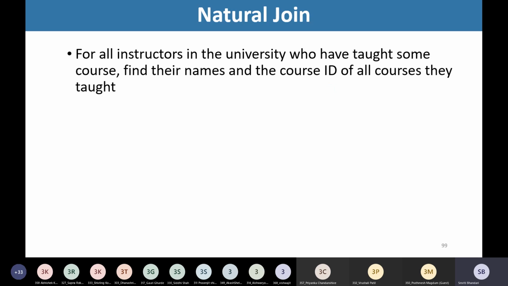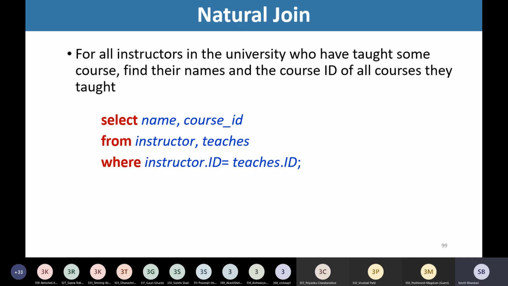We have written this query earlier. We wrote it like: select name, course ID from instructor, teachers, because the instructor name is available in the instructor table. The teachers table stores the instructor ID along with the courses taught by that instructor.